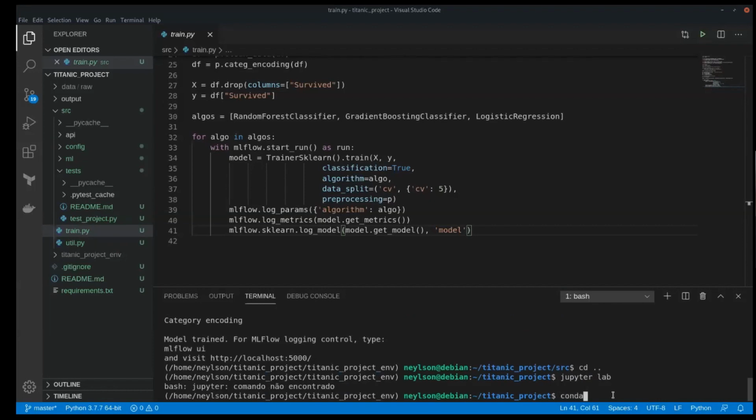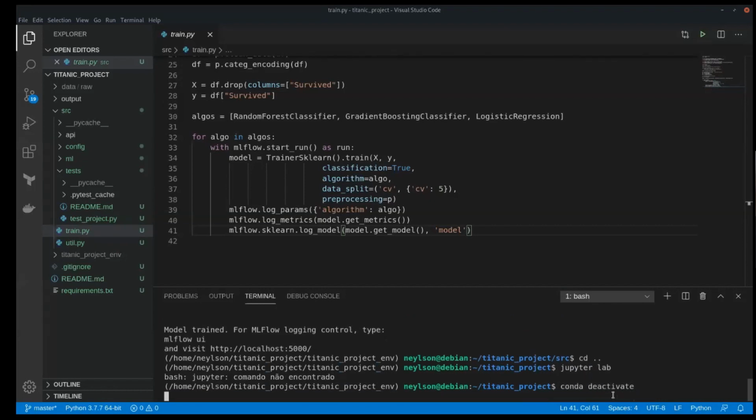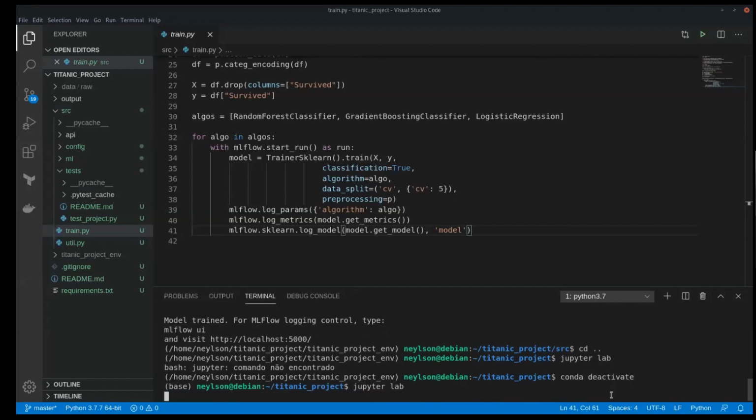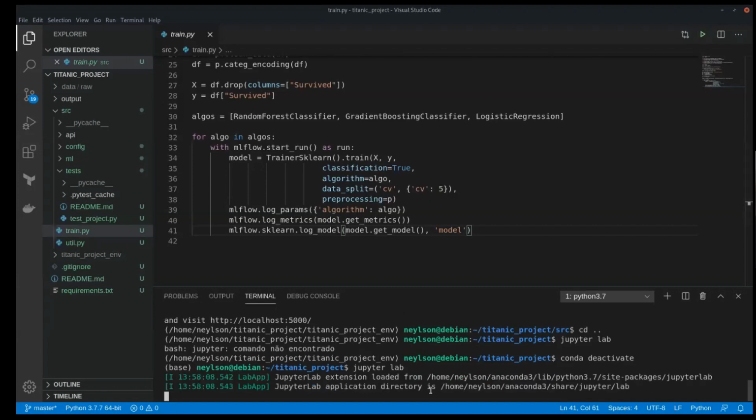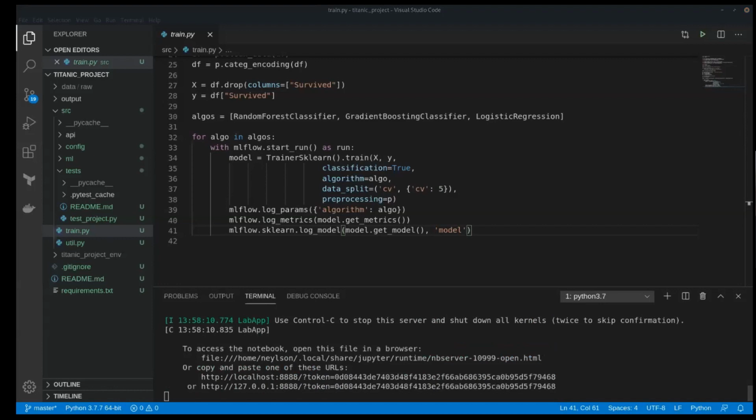Oh, I have to conda deactivate because I don't have Jupyter Lab installed in this environment. And Jupyter Lab, okay. It should start in a bit. There we go. So while we're waiting for Jupyter to spin up,